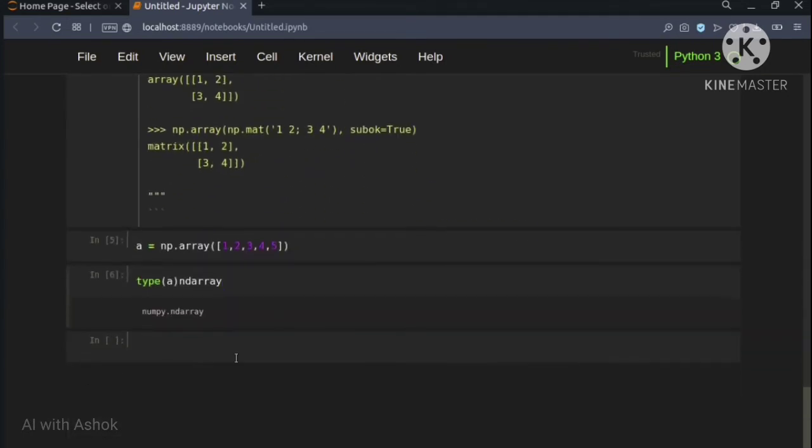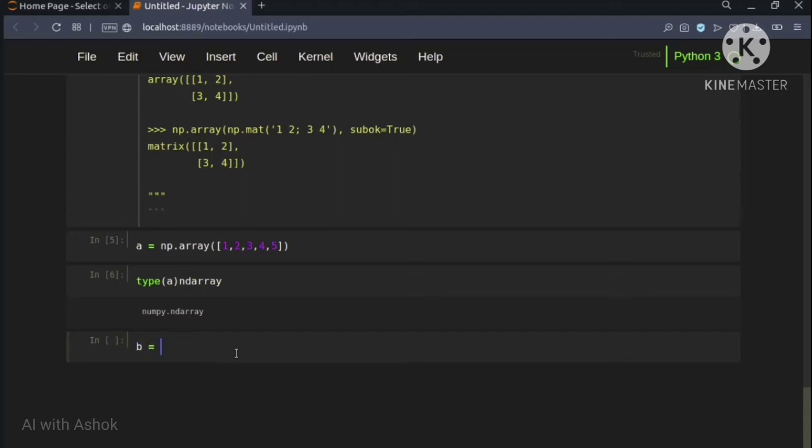Upcasting means, we know float takes more size than integer. So if integer and float are both given in the same list, then those integer data types will be upcasted to float data type. Let's see with an example.